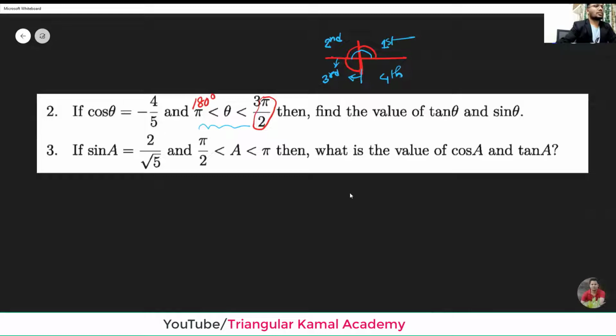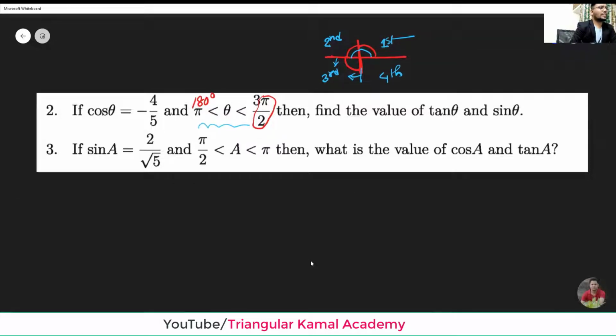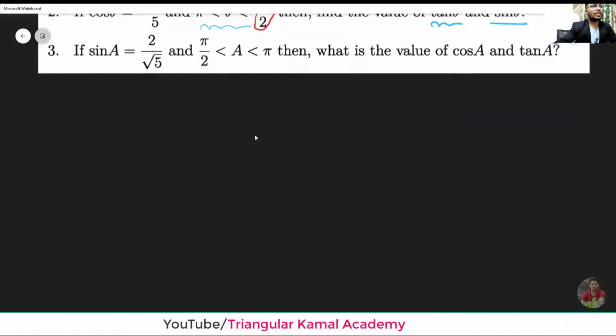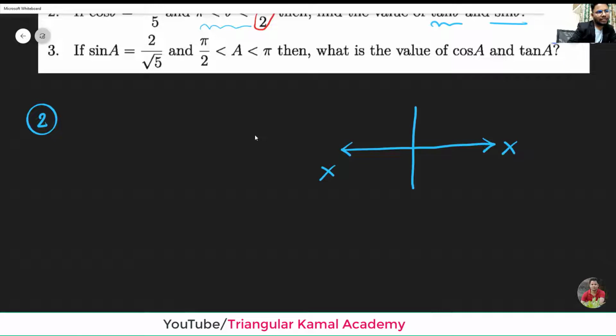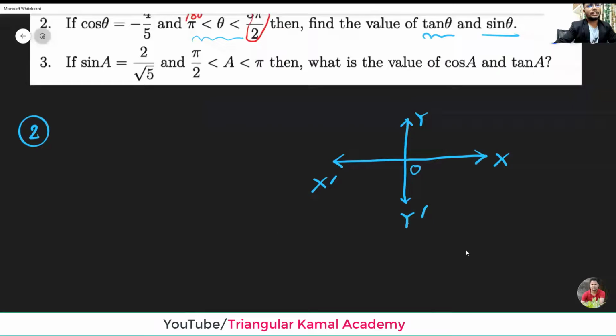360 degrees. So now in this quadrant, cos is given here, cos is minus 4 by 5. Then the requirement is to find the value of tan and sine. So now if we draw the figure in the third quadrant according to the question requirement, suppose this is the y-axis, this is the x-axis. So right here capital X, then X prime means the negative side of x, this is y, and the negative side of y. These two axes intersect at origin O, and the condition is given here